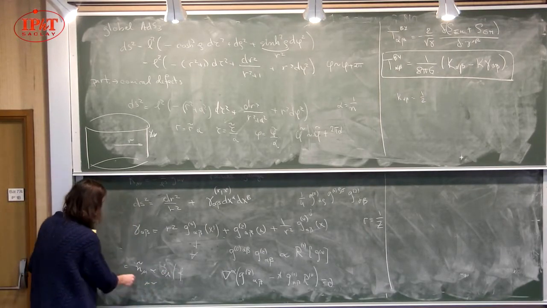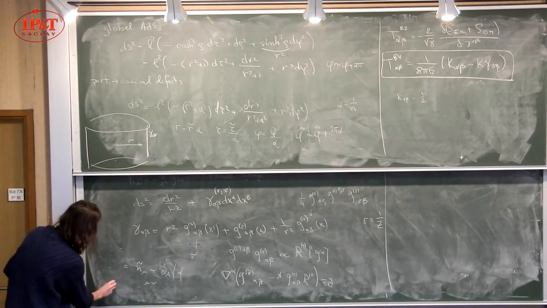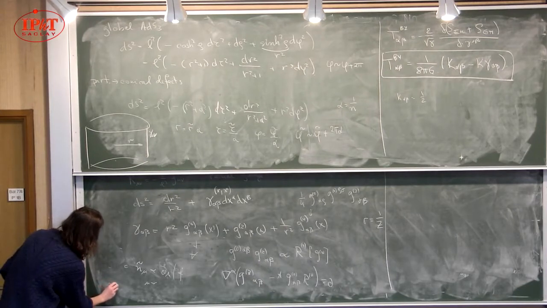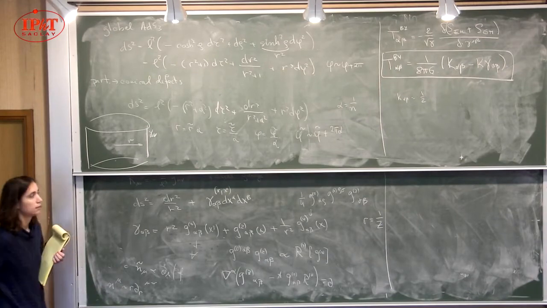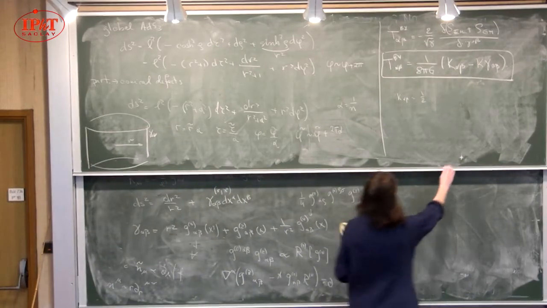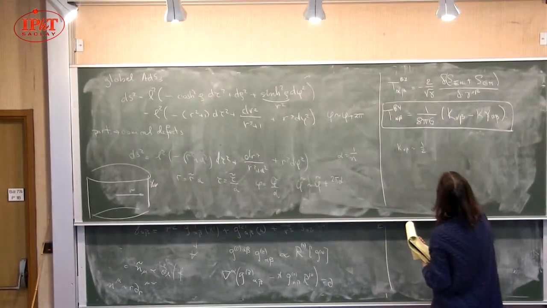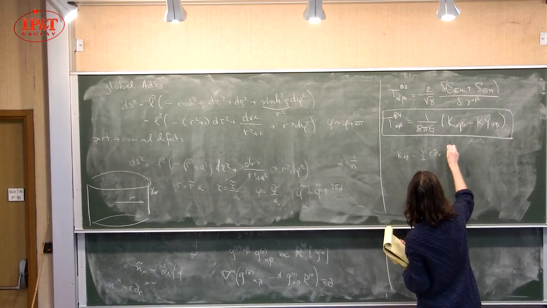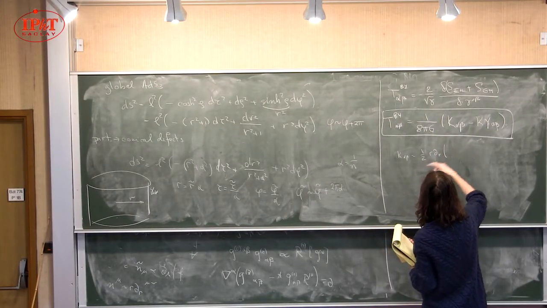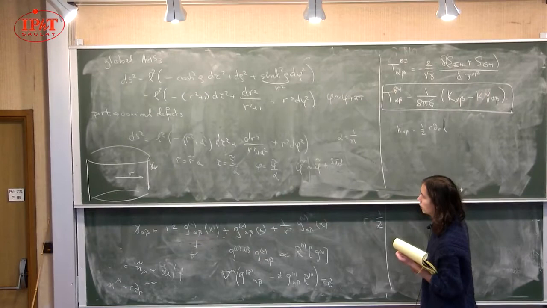If I want to normalize it, with upper mu, it is going to be something like r dr. So this k alpha beta is going to be r dr of, and now I'm plugging in this full